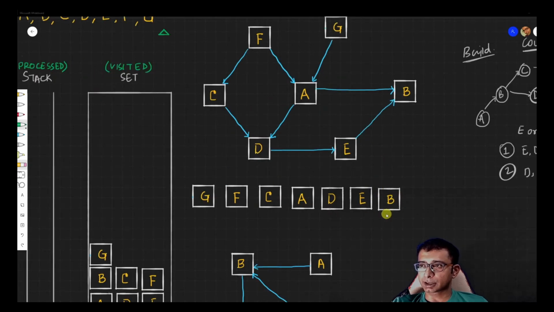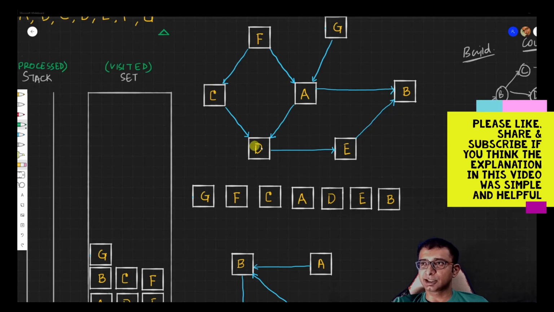From this side over here, B has to be done first, then E, then D. So you can see that we can do D once you have done B and E, right? Then A, because A needs D as well, so it should come after D, right? And then we have C. So again, C needs D and D needs E and B, right? So it has to be after D, right? And then you can do F, because F needs C, C needs D, D needs E, E needs B, so it has to be after that.